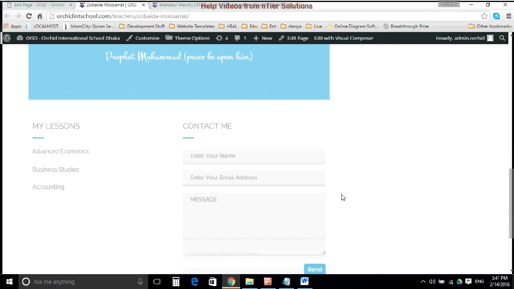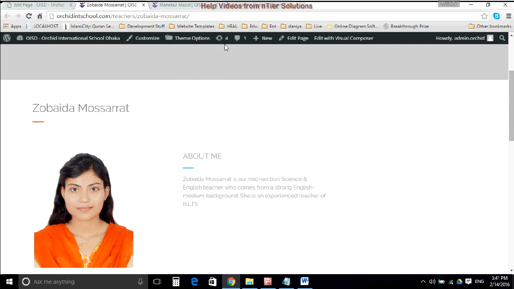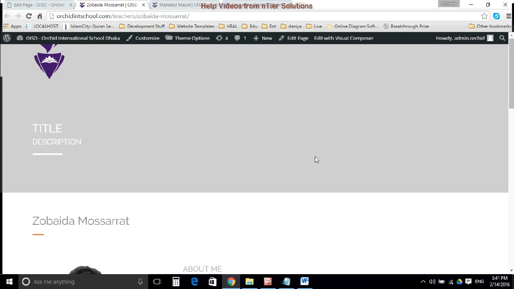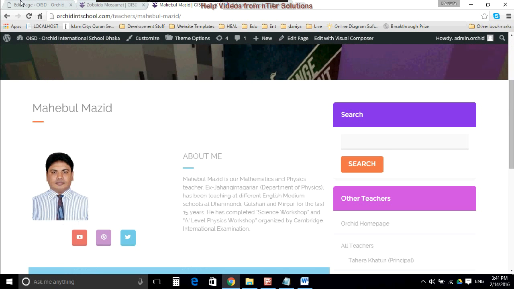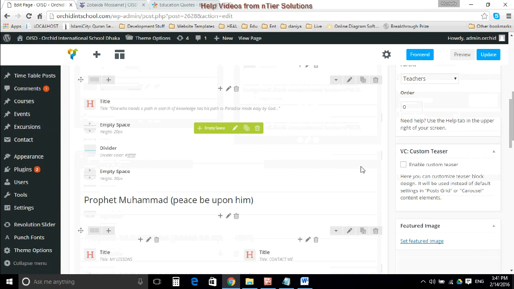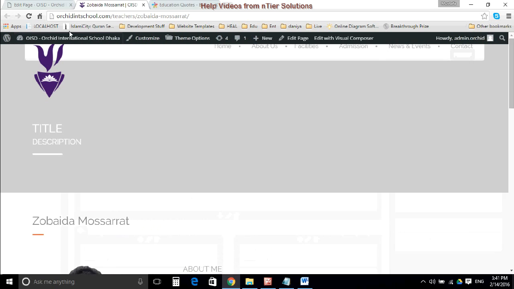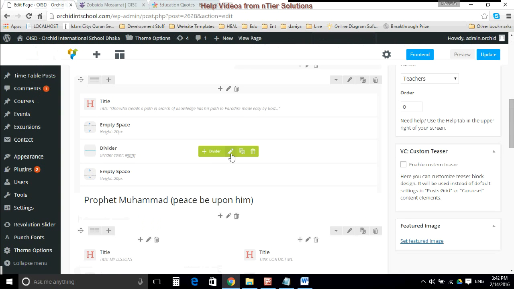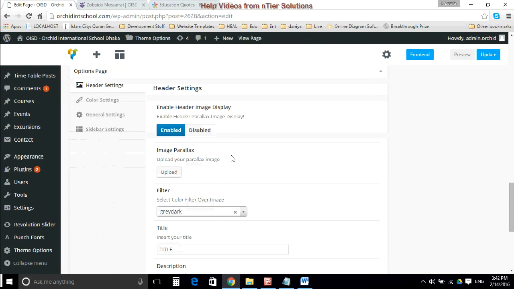So these need to be changed, as you can see, and there is no link on the right. So it's pretty blank. Now we need to fill up the blanks from here. First of all, if you want to change this title and description, let's start with the top. Just come down at the bottom area.